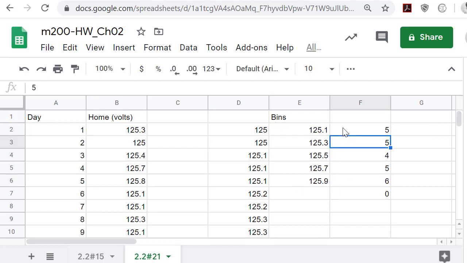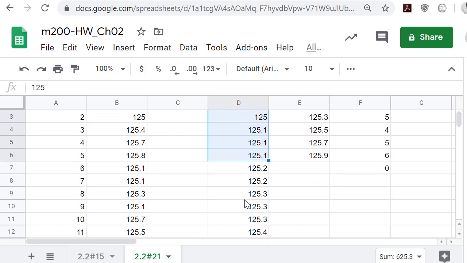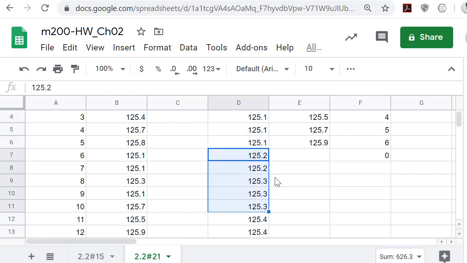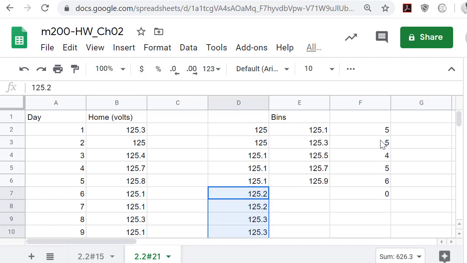And here are the lists. So we counted 5 of these numbers that are 125.1 or less, and then the next set of numbers: 1, 2, 3, 4, 5. There are 5 numbers that are between 125.2 and 125.3, and that's the 5 over here that we see. So these are the frequencies